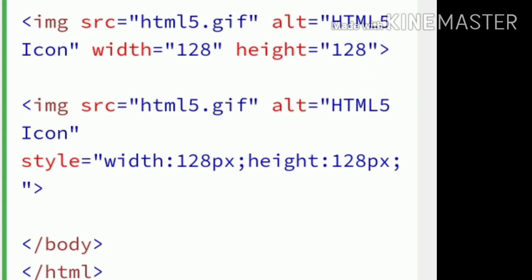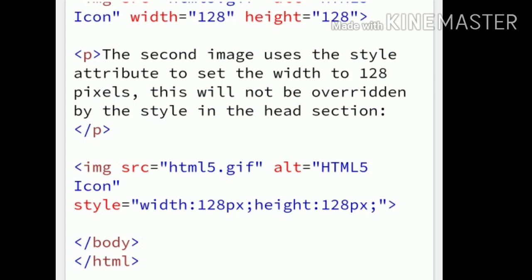Then, if you go for the simple types width, height or style, which attributes will you use? The width and height attributes are all valid in HTML. These three are valid in HTML. However, we suggest using the style attribute. Generally you can use the style attribute because it prevents style sheets from changing the sizes of images.